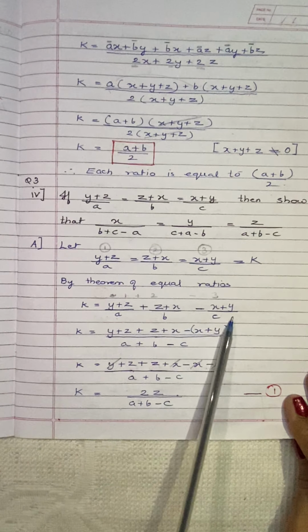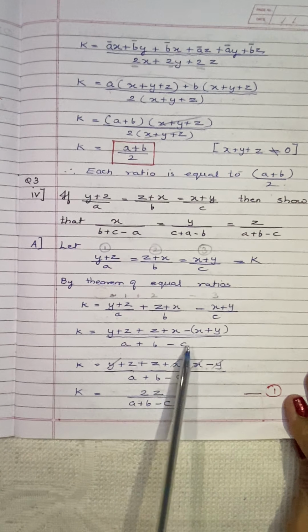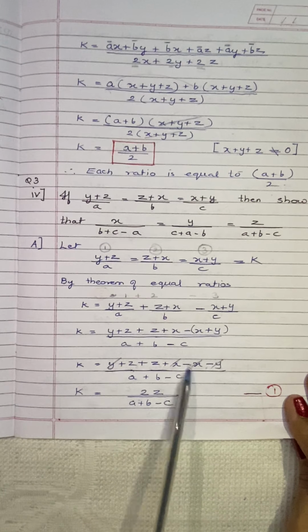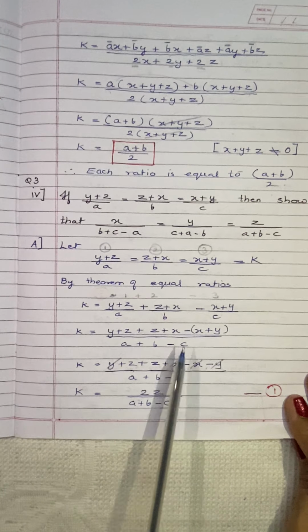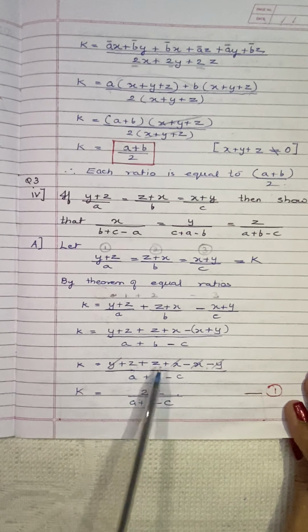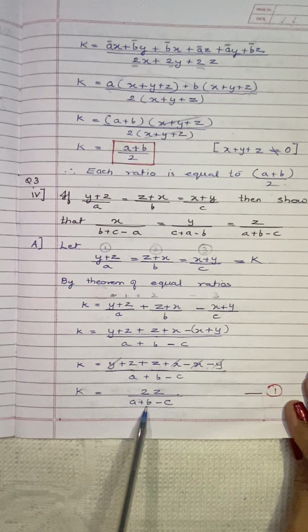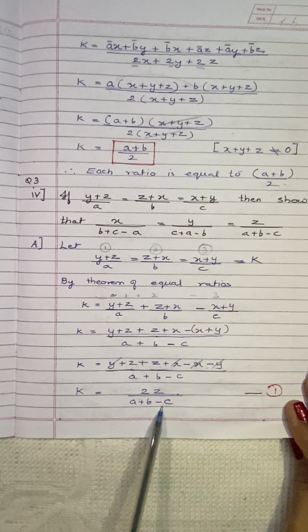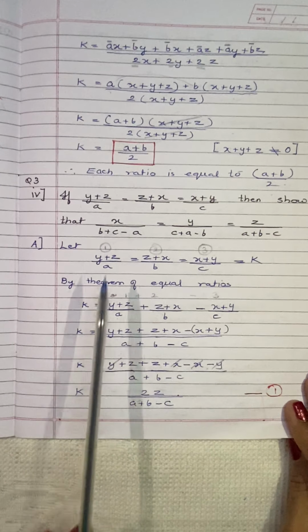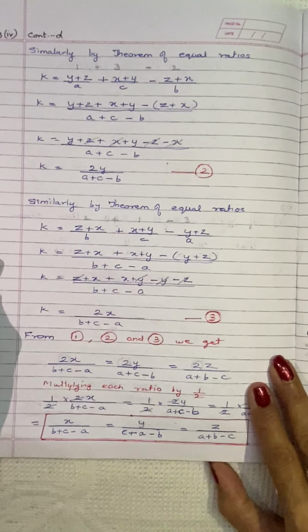and we'll subtract this expression. So k is equal to, we'll add the numerators and subtract this, so we need to write it in bracket. Now when you open the bracket, the sign will change, negative x and negative y. All opposite terms will get cancelled, positive y, positive x, negative x. What is left over is 2z, 1z plus second z, 2z upon a plus b minus c. This expression we have got. This is expression 1. Now in the same way we'll solve the other parts of it.